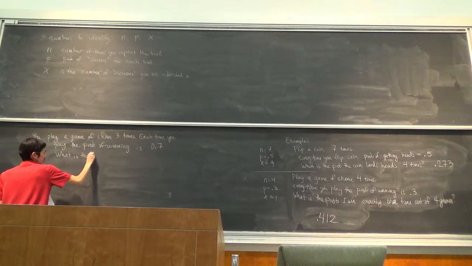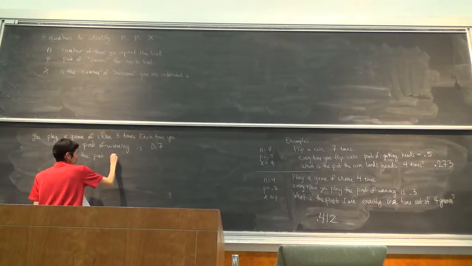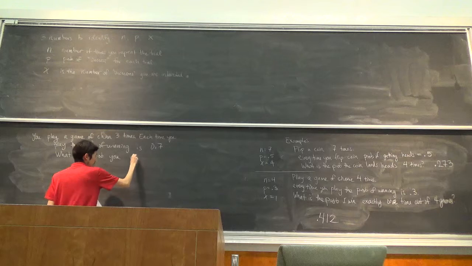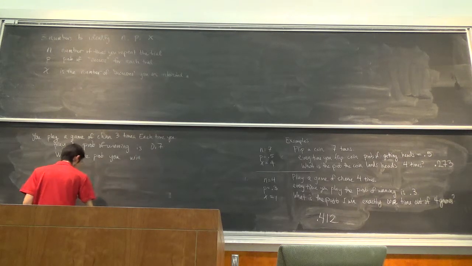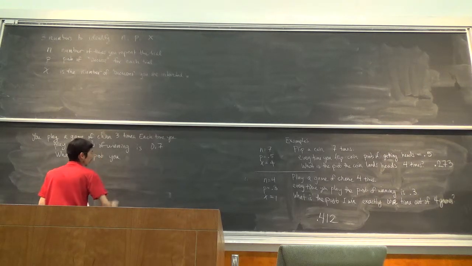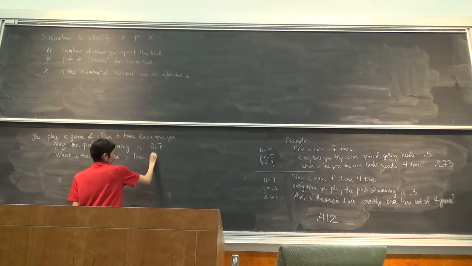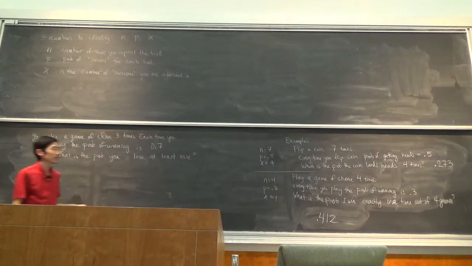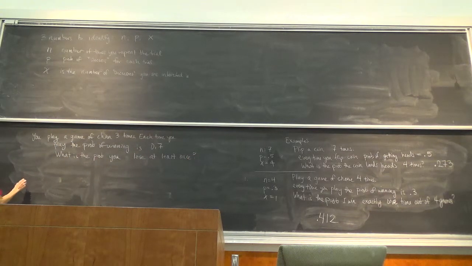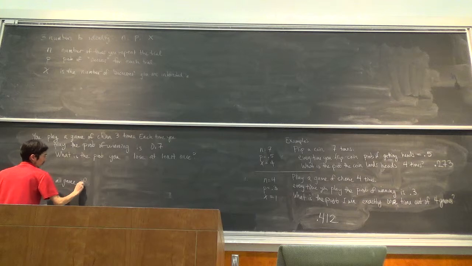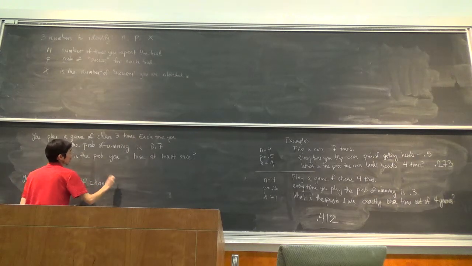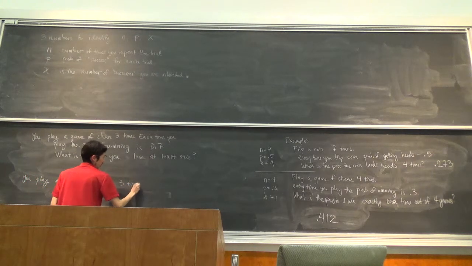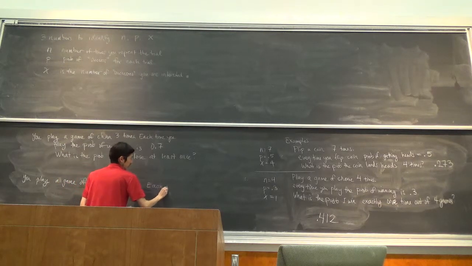What is the probability you win or you lose? Well, both of them could be binomial actually, but whatever. You play a game of chance 3 times. Each time you play,